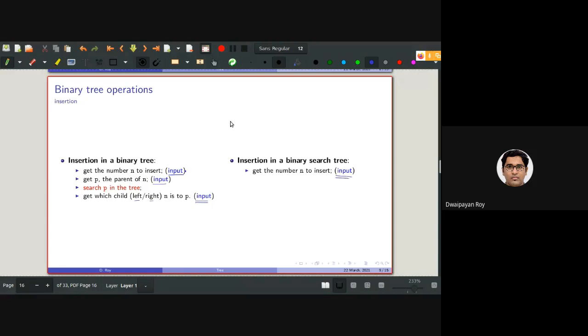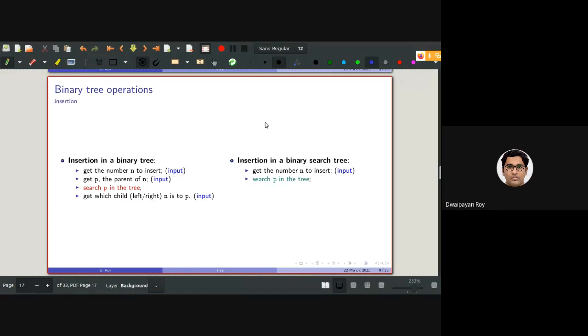Because the condition is already defined: for integers, if it is less than the root, it will go to the left. If it is greater than the root, it will go in the right direction. So the parent and whether left or right will be taken care of by these conditions.